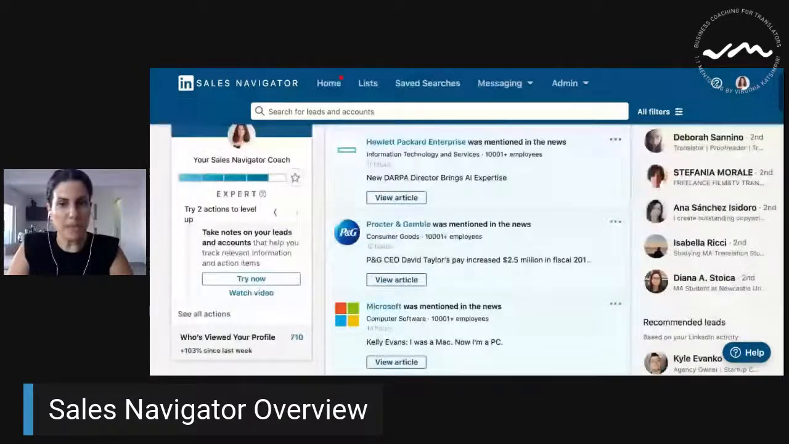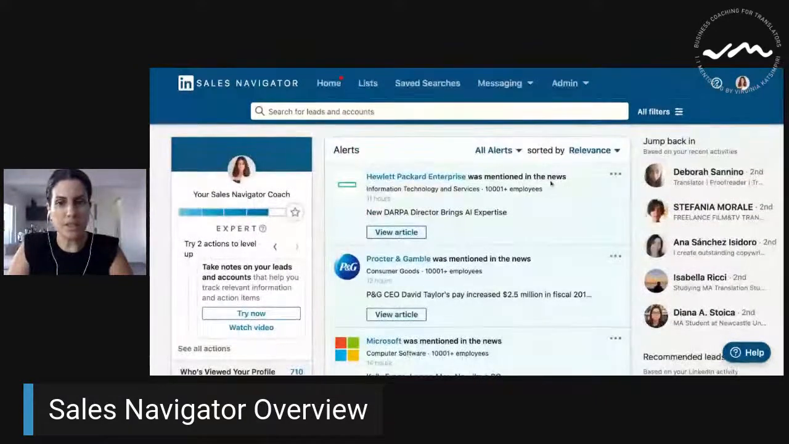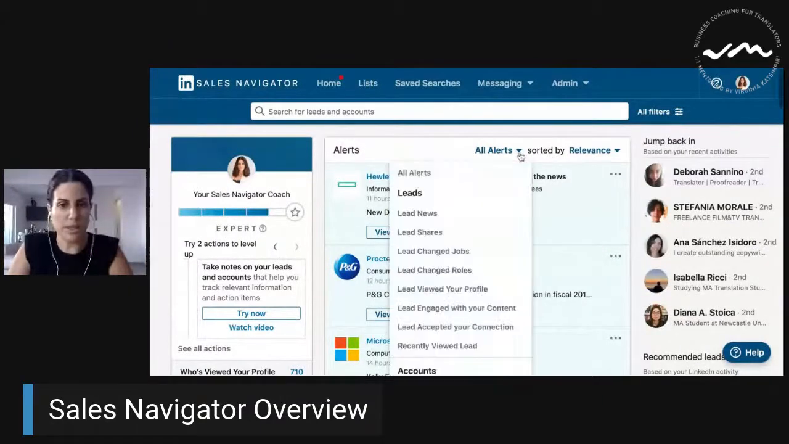Here I have some alerts, you see, and you can see all alerts sorted by relevance here, but you can change that and say only lead news, lead shares, whatever you would like. So you have access right away to the filters in order to sort out what the homepage of your Sales Navigator will show you when you enter Sales Navigator. So you get right access to the filters in order to get alerted when, for example, news come up for a lead that you have saved of yours,